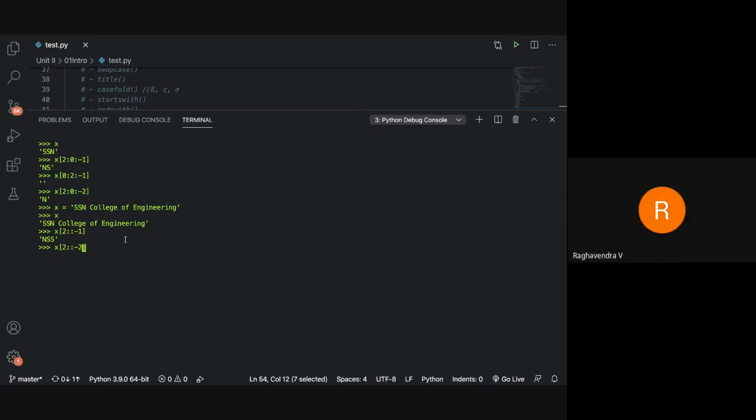NS, all right? Sir, I didn't understand that X colon 0 colon -2 example, can you explain, sir? Like the above thing, sir.